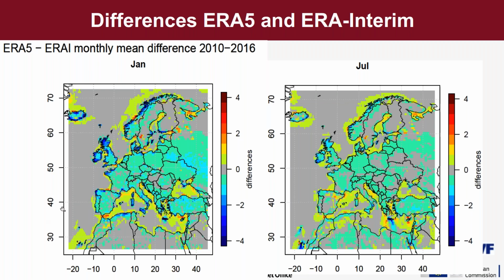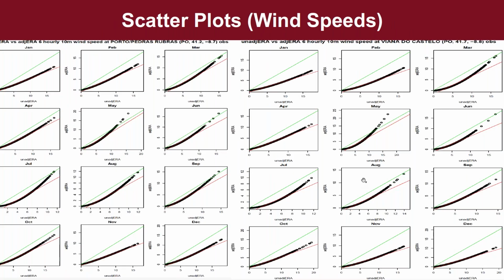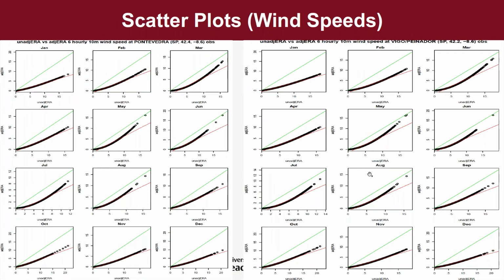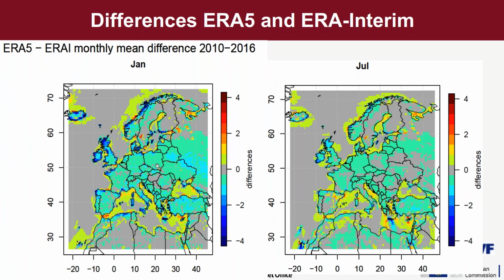Now, if you look closely at the colors, the greens and the blues are negative numbers. So this is where ERA 5 is less windy than ERA interim. And over much of Europe, with the land areas, that is the case. Even in July, although the differences are smaller than in the winter months. And the blues are these larger differences, and the differences are much larger around coastal areas,